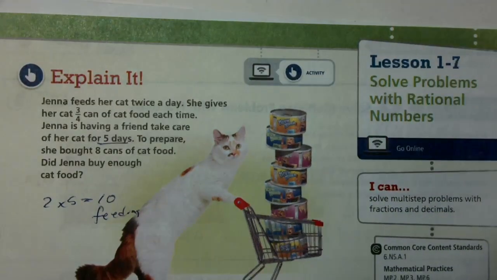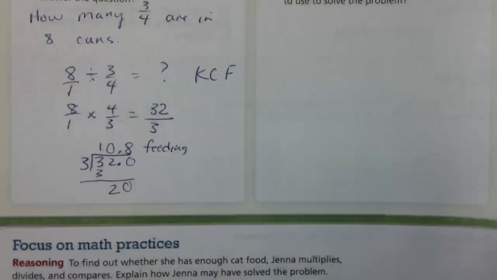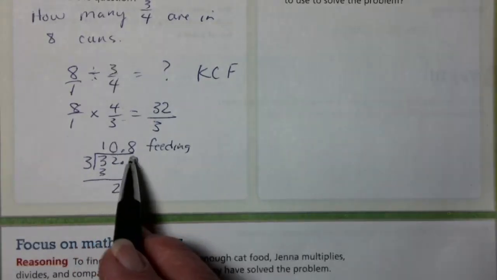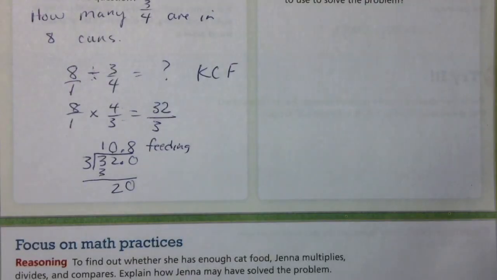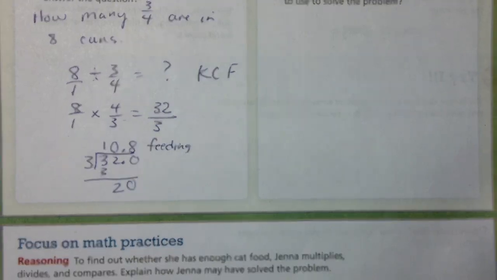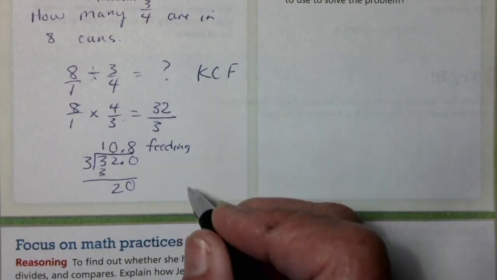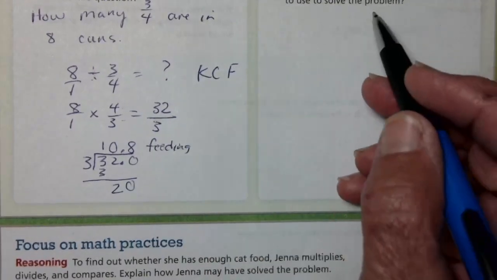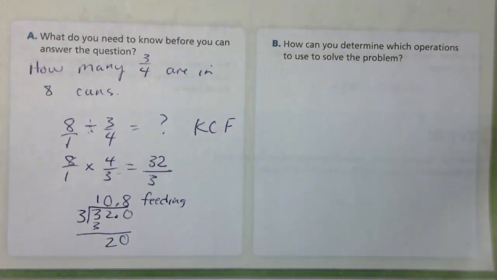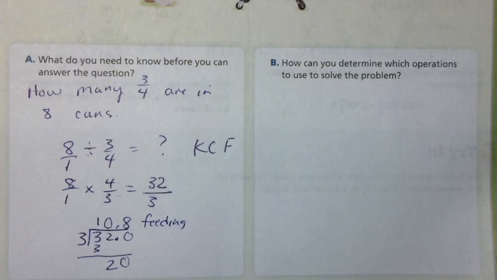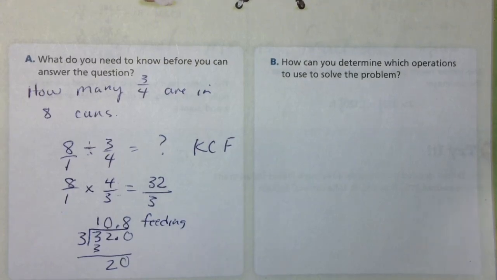Okay? And when we did this, we ended up with a little more than 10 feedings. So, does she have enough cat food to feed the cat? I say yes. She has a little more. Now, over here on this problem, Part B, how can you determine which operations to use to solve the problem? Well,